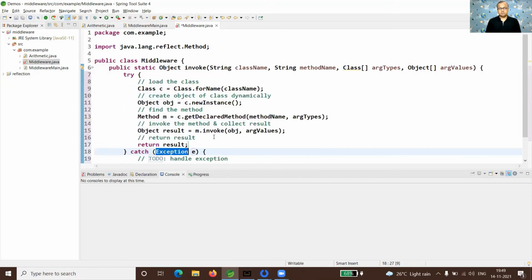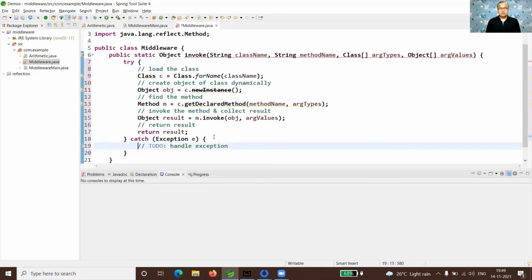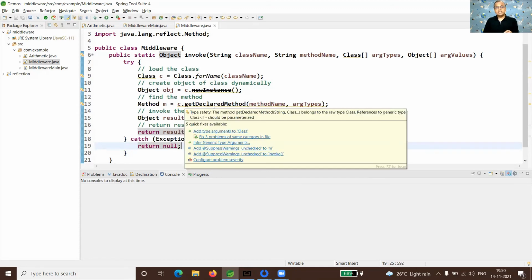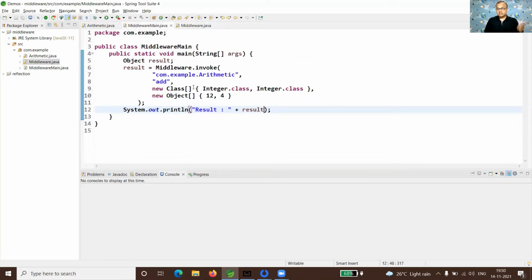In case of exception, I want to return a null value, indicating that it has failed. That's it. That is all we need to do for writing a generic middleware component which can call any method of a given class by creating an object of it at runtime.